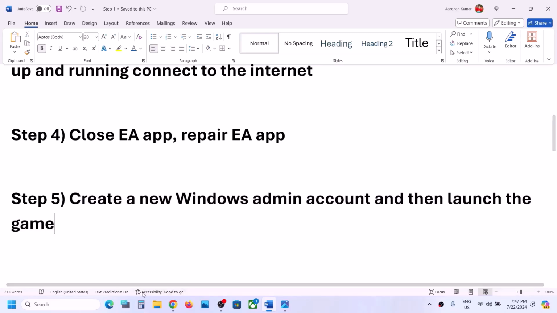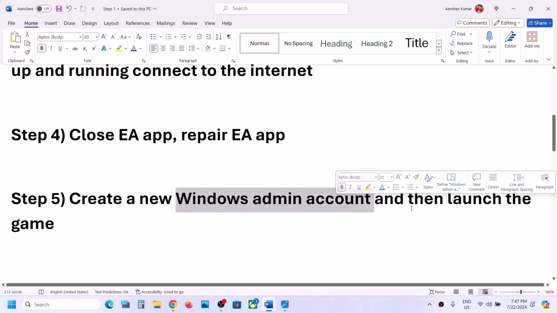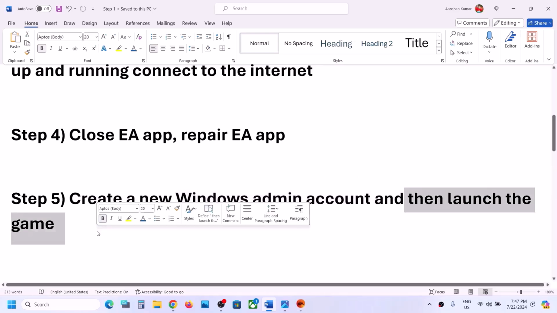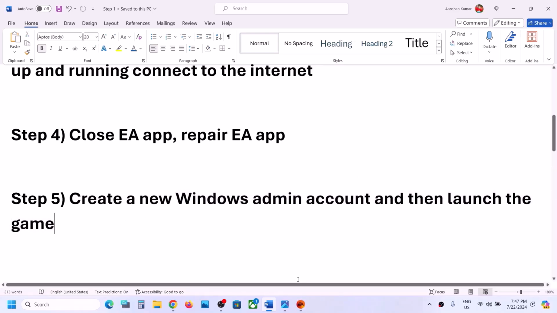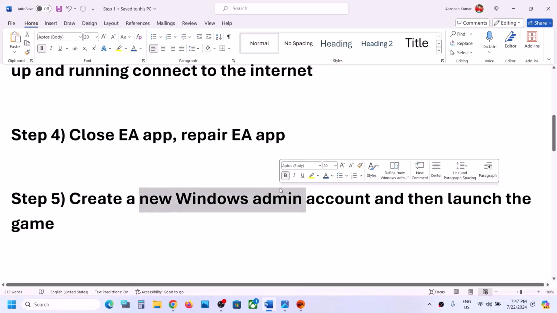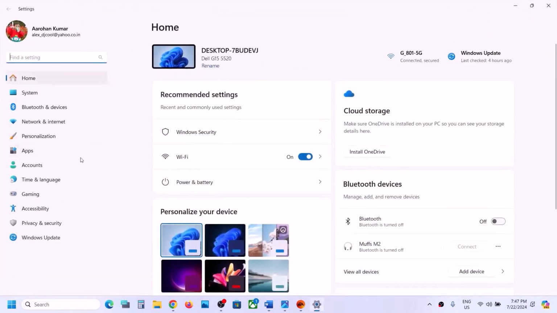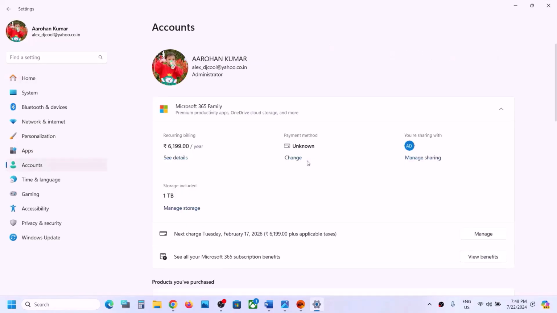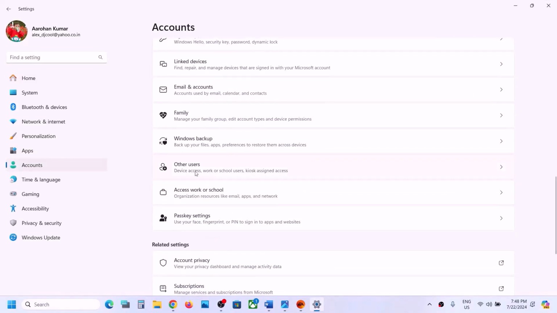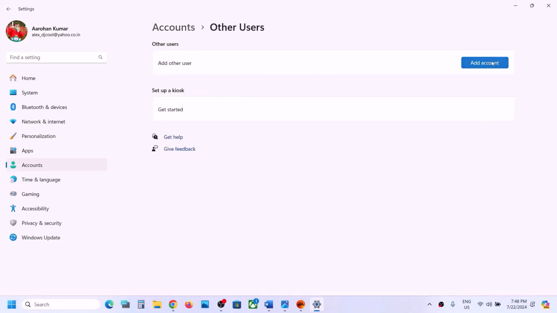So if you already have a new Windows account, you can log into a different Windows account and launch the game from there. If you don't have a new Windows account, in that case you can go to the start menu, then go to settings and then go to accounts